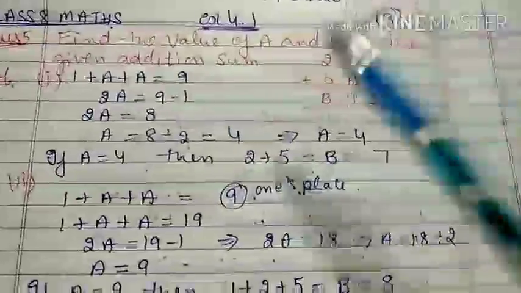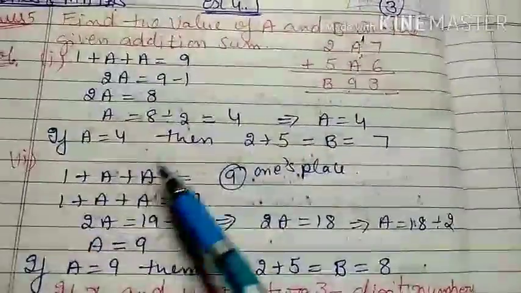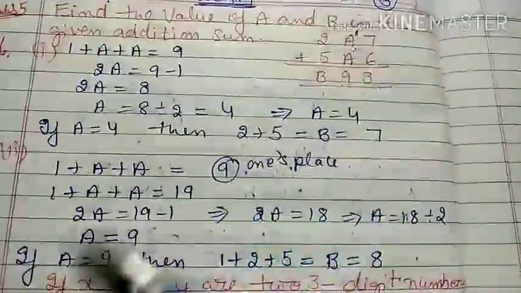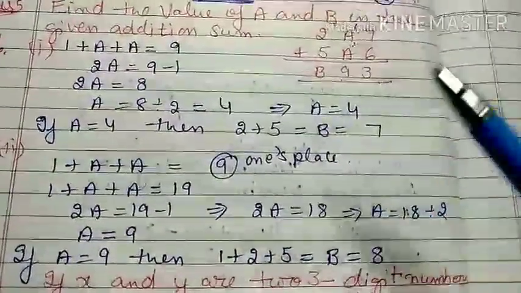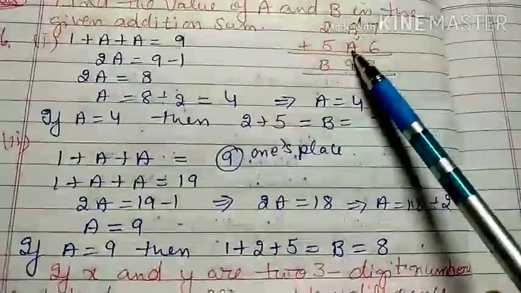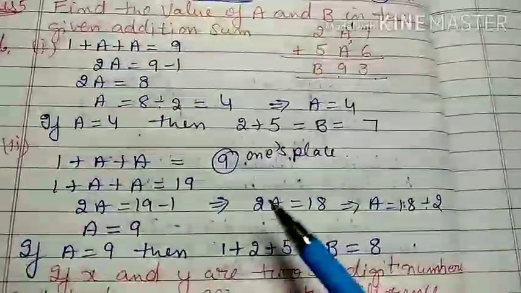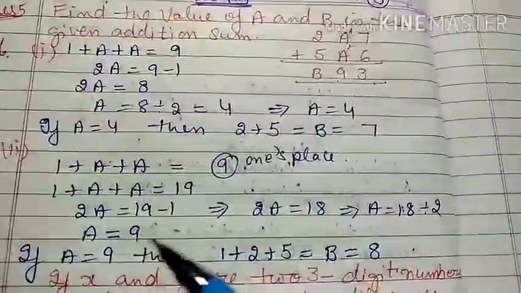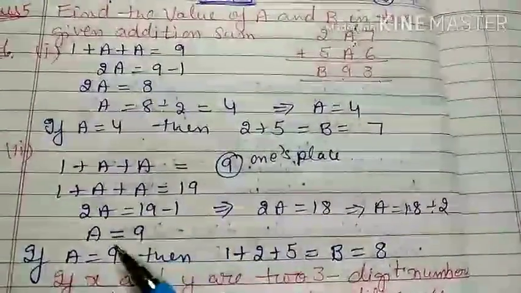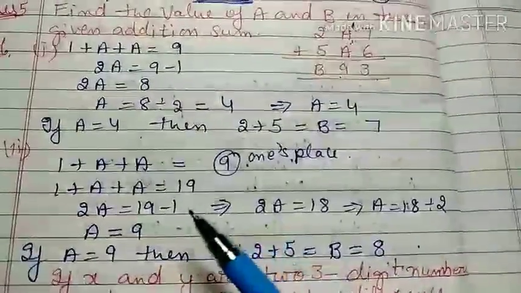Now if I change the value of a, suppose in place of 1 plus 2a, there is any number whose unit place is 9. So that can be 19, that can be 29. According to that, the b value will be changed. Suppose we consider that 1 plus 2a is 19. So in that case my a value becomes 9, because 1 plus 2a is equal to 19, 2a is equal to 19 minus 1, then 2a is equal to 18, a is equal to 18 divided by 2, then a is equal to 9.